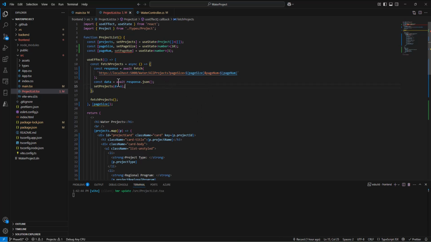All right, so now we can set a page num, and it's already highlighting it here. I was going to wait till later to do this, but it's saying, hey, you want to add page num here as well, because if page num changes, then we want to recall this use effect. And so I'll just throw it in right now since I'm seeing that error right there. So now both of those things are being watched in this array dependency for the use effect. Anything changes and they'll change.